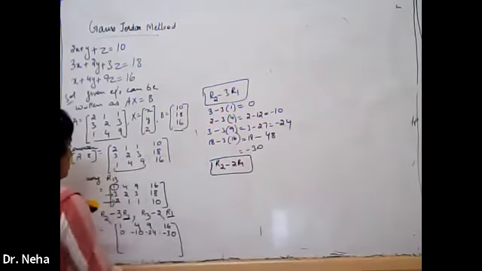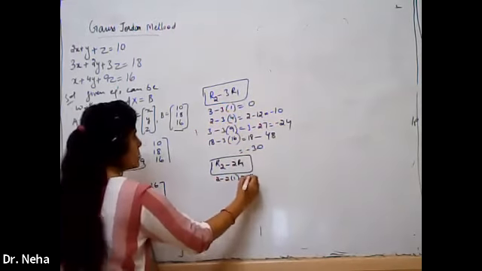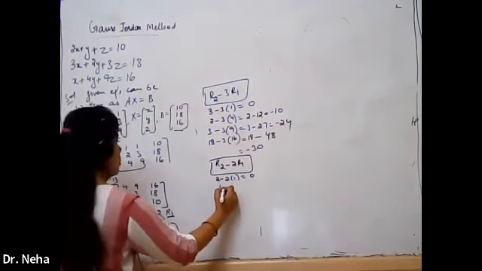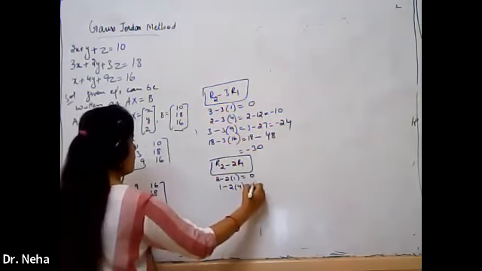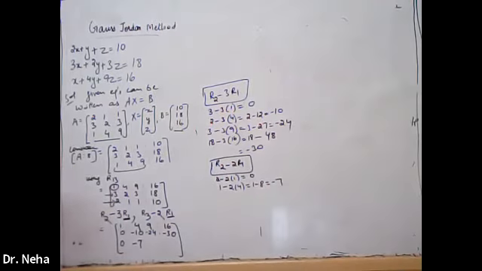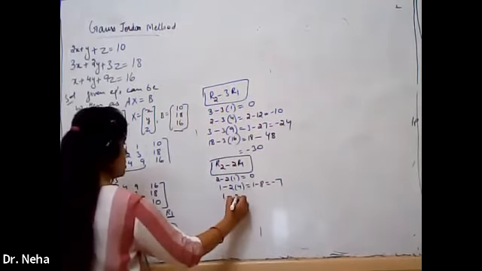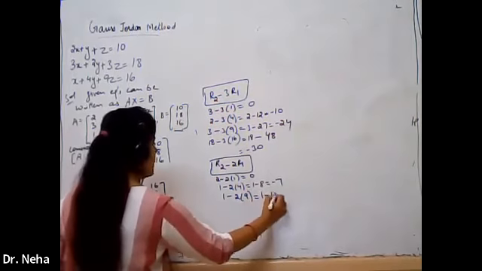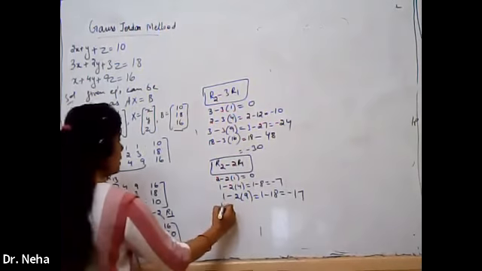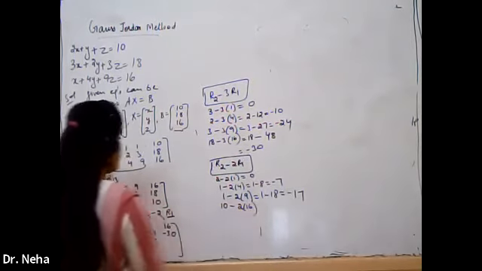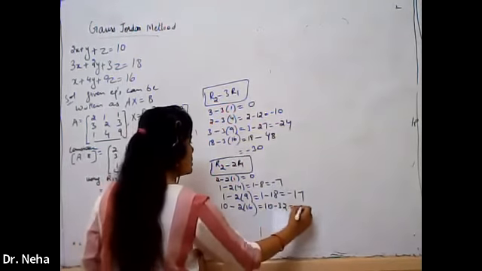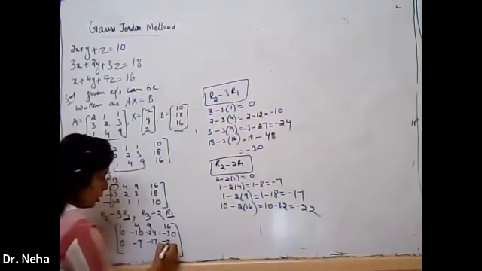First element: 2 minus 2 into 1, that is 0. You can write down the elements over here also. Then second, 1 minus 2 into 4, that means 1 minus 8, that means minus 7. Let's write it down over here. Then what will be the next element? 1 minus 2 into 9. So 1 minus 18, which is equal to minus 17. And what about the right hand side? 10 minus 2 into 16. So it is equal to 10 minus 32, that is equal to minus 22.